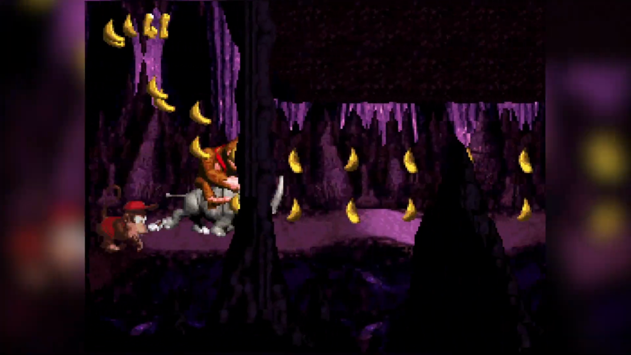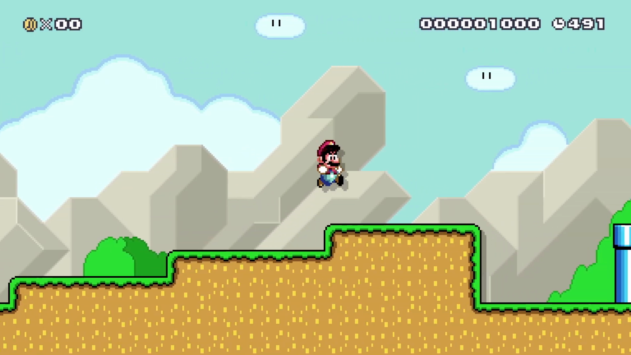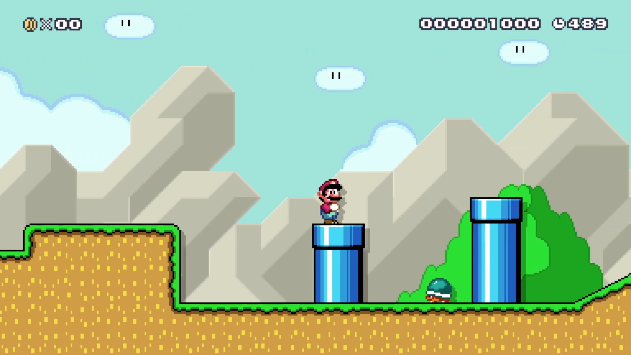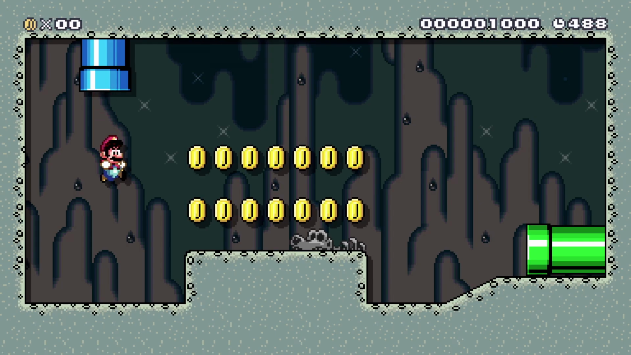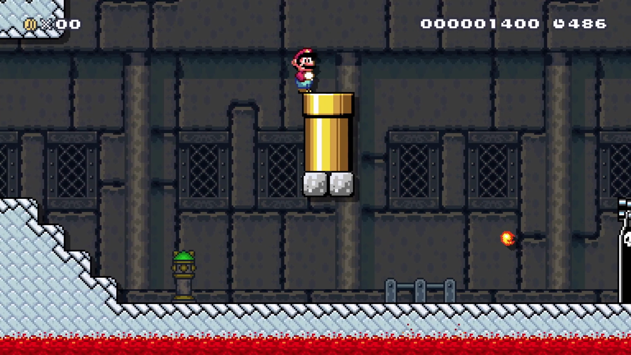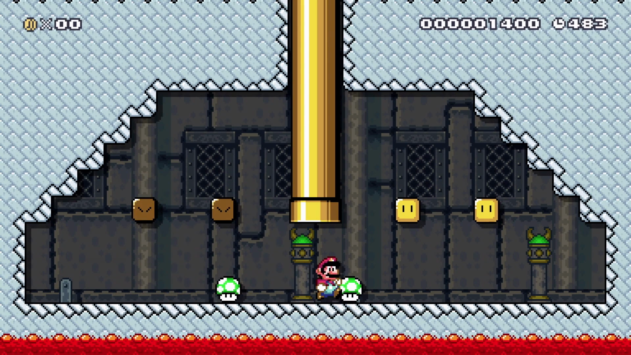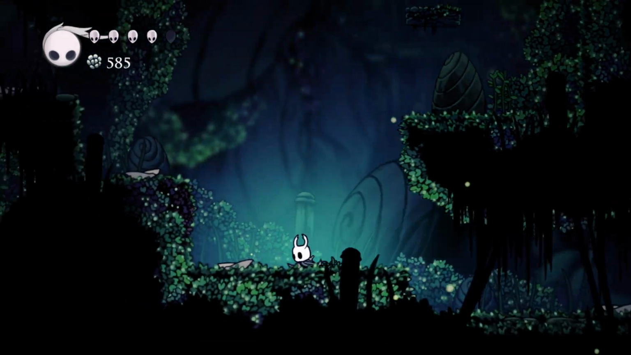In the Mario games, for example, it's appropriate to give small rewards for basic actions like entering a pipe like this. But if the pipe is more difficult to access, the reward should be bigger. If it looks like you can do